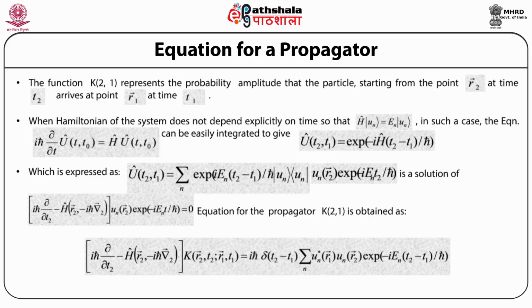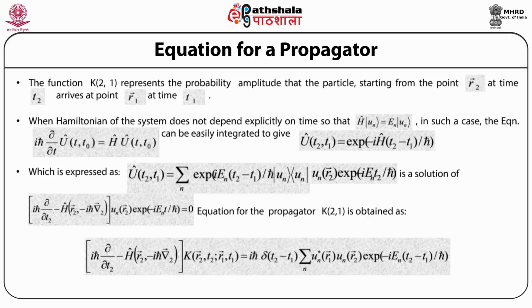Consider the ket vector psi as a function of time t0. That means that the probability density of the wave function psi at some time t should be equal to the probability density of the wave function psi at time t0, for the probability density to be conserved. And this gives us the relation that the bra vector psi of t, ket vector psi of t, can be expanded in terms of the initial state ket vector psi of t0 and the evolution operator U as a function of time t and t0,